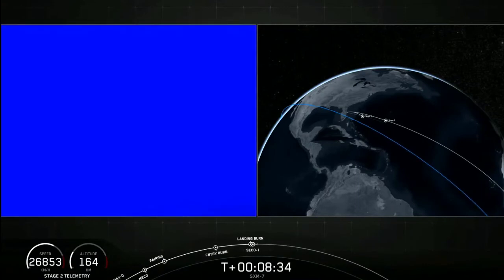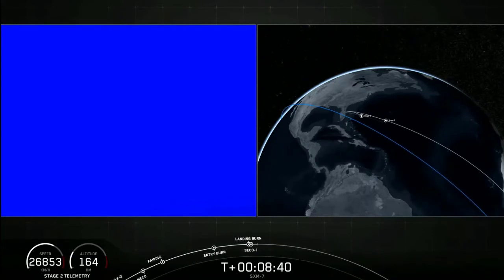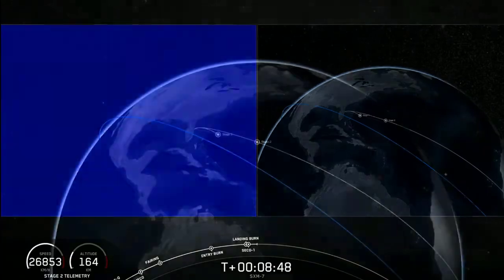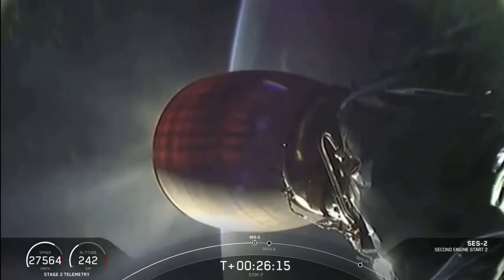Looks like we lost the feed there. We'll try to bring that back to you whenever we have the opportunity. But we did hear the call out that we have good orbit for the second stage. So nominal orbital insertion. And the nozzle beginning to turn